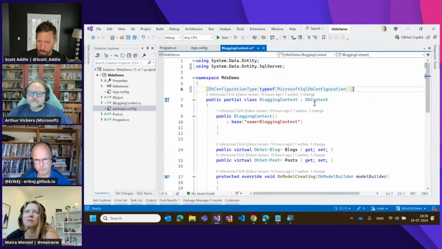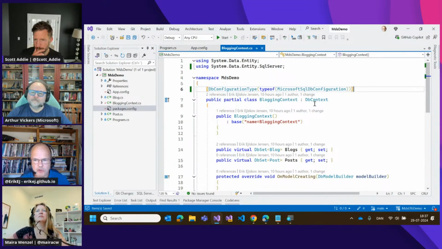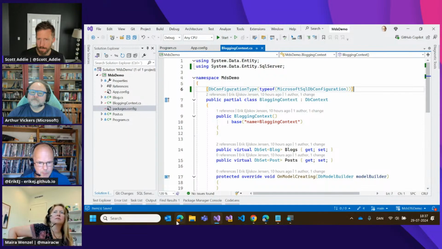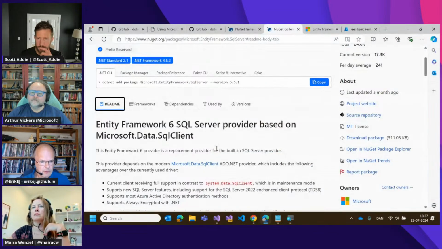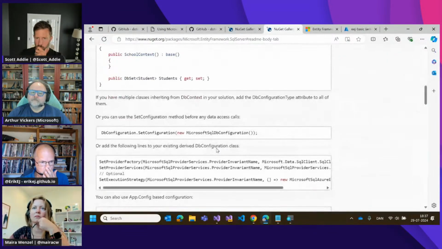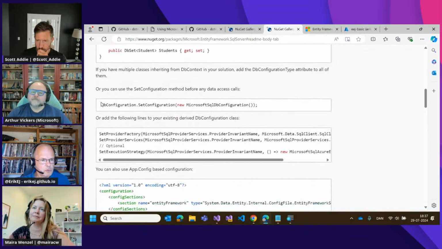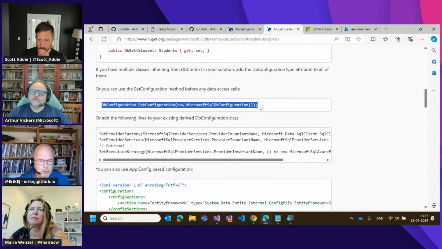Question on that, Erik. Is there a way to apply that globally to all DbContext classes? Yes, there is a way to say I want to use this configuration. So you could do it at app startup. Let me just find the piece of code. Yes, you can use this piece of code.